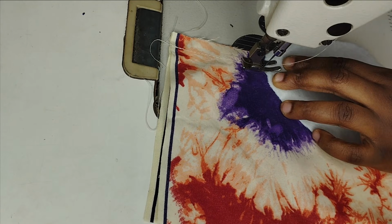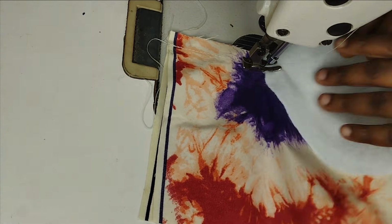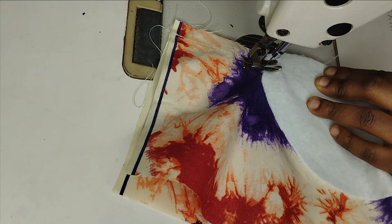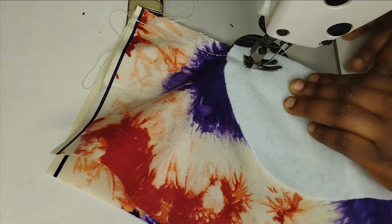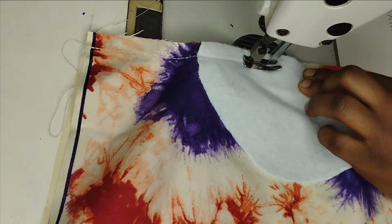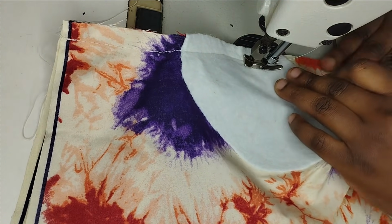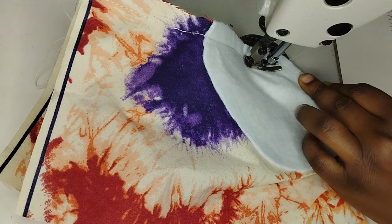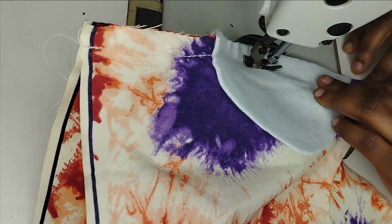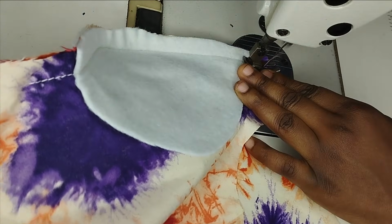Okay, so when I get to my under bust now, I'll start sewing it in bits. So what I'm going to do now is to just pick one of these, and then make sure that it matches with what I have here, and then you sew very slowly. You don't have to rush it. So you sew slowly, and then you maintain the same 1/2 inch allowance that you are sewing with. So you can see I am taking it together, still maintaining the 1/2 inch that I have as my allowance,